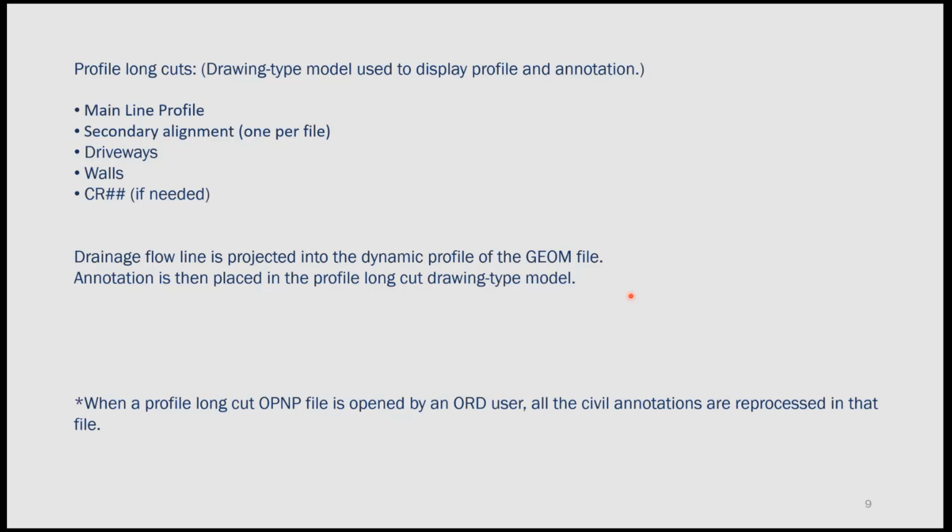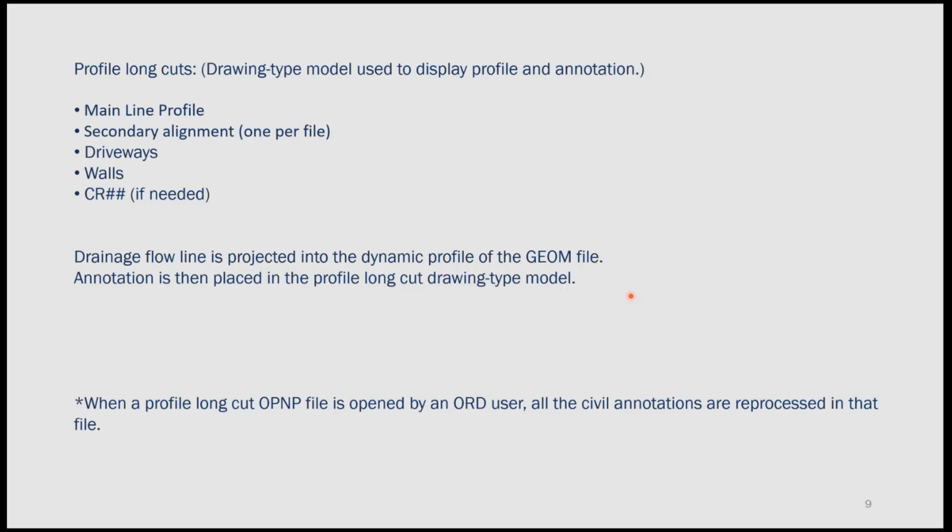Again, like everything else, it was too much for that file, took a long time to process, or one profile would crash. I'd have to delete it and redisplay it, and that would cause problems with when the long profile is cut. OpenRoads places it wherever it likes. It doesn't place it back at 0,0 or wherever. So to minimize the pain, I ended up creating separate profile files or long cut files, separate OPMP files that one